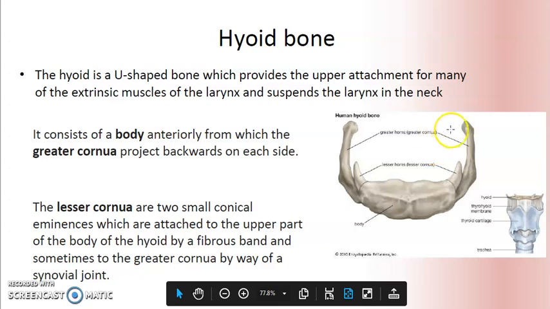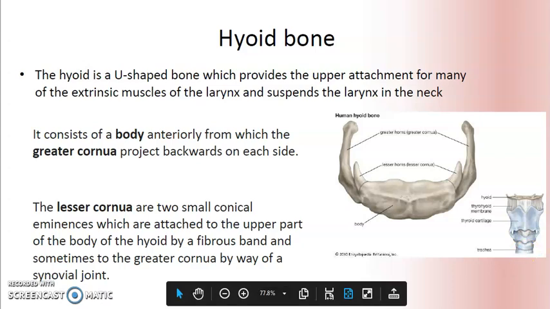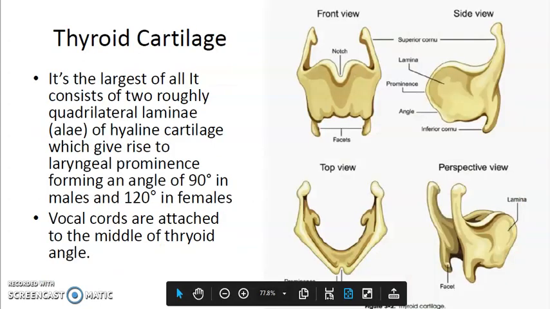Okay. The hyoid bone is the framework on which the larynx is anchored. The hyoid bone has one body, one smaller projection called the lesser cornu and one bigger projection called the greater cornu of the hyoid bone. Okay. So this hyoid bone is the framework upon which the entire larynx is anchored, and the membrane name is thyrohyoid membrane.